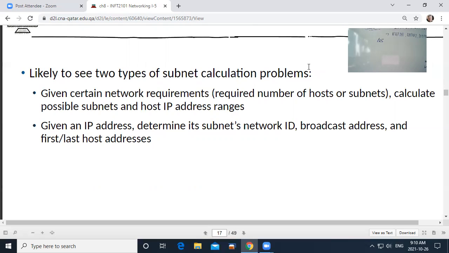Given an IP address plus the / value, you might be asked to say what is the first usable host address and what is the last usable host address. Now, I tried to point that out in the previous slides. You can't use the first address and the last address in a network because the first address is the network address. The last address was the broadcast address. So you would know what those addresses were once you start doing your subnetting.